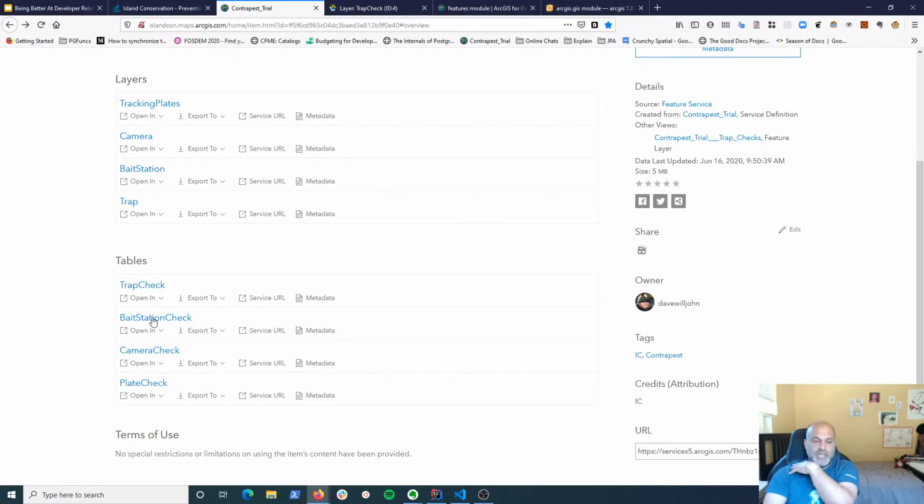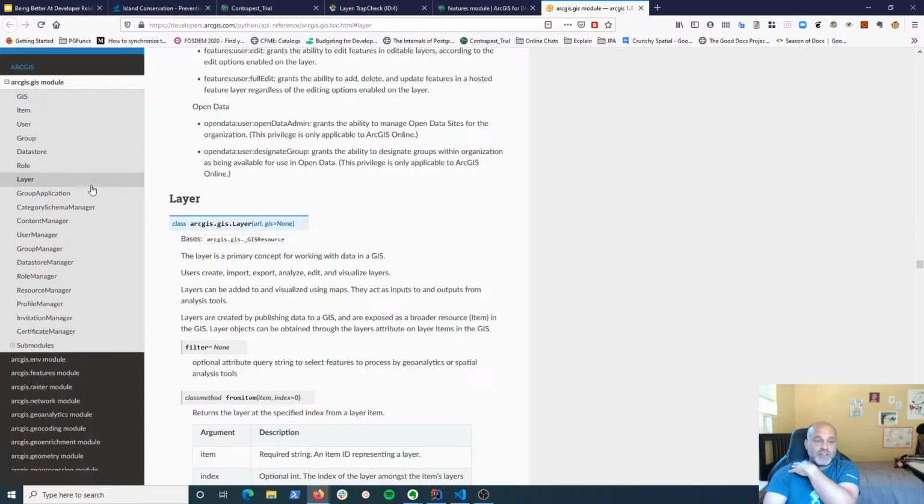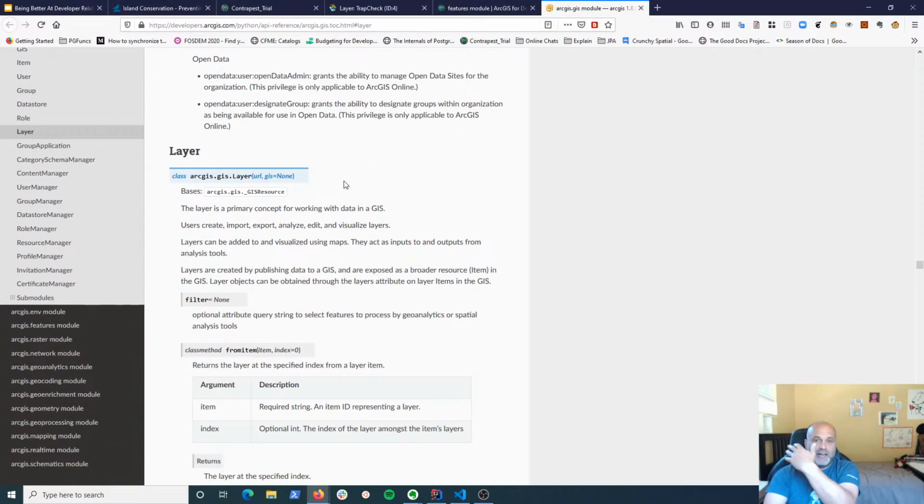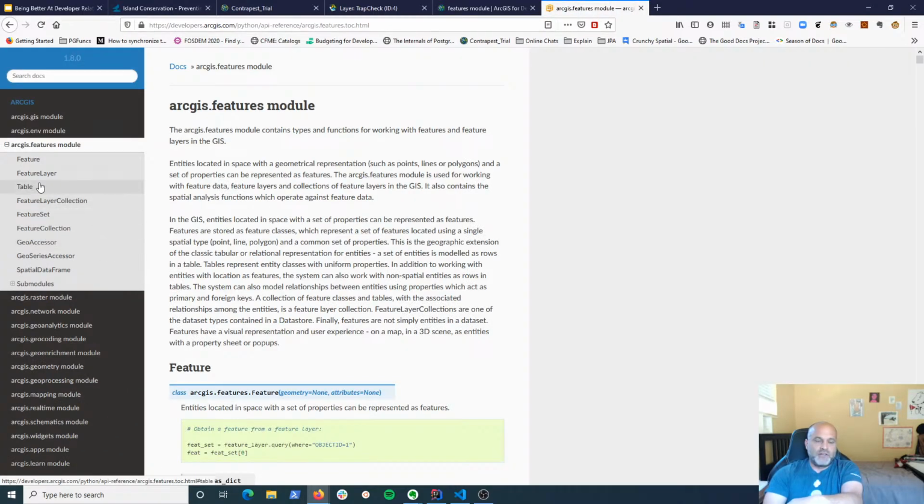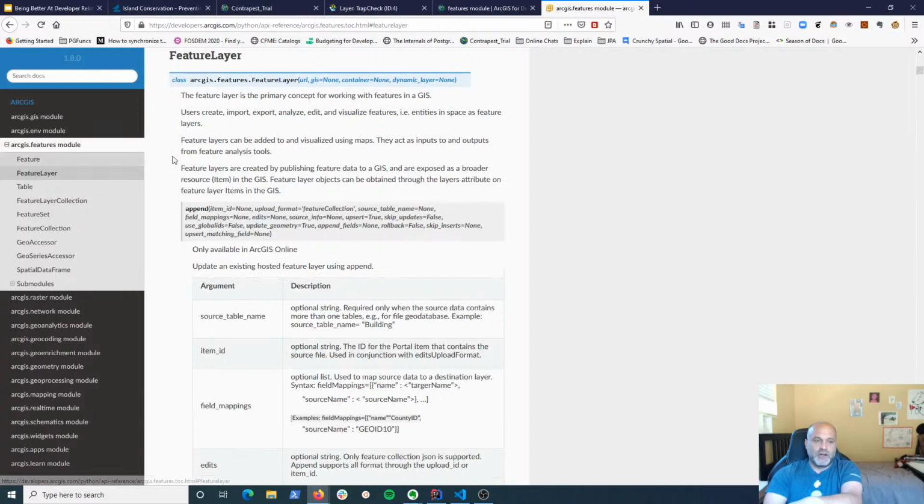Remember back here, there's some tables. This one I just downloaded these as CSVs and imported them. These are the ones that were harder to deal with because I actually need to get to the tables. There's a layer. I don't know how to get to the table. And if you look in the documentation, because ArcGIS is very map focused, they don't put as much. It turns out you have to go down to the features model, and then there's a table there, right? So the feature layer is composed of both features and tables.